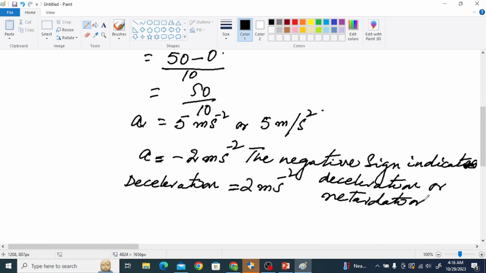So whenever they ask you the answer for deceleration, remember that you have to omit this negative sign and just give your answer in positive, that is 2 meter per second square. Okay, then